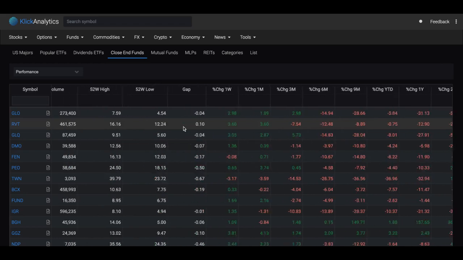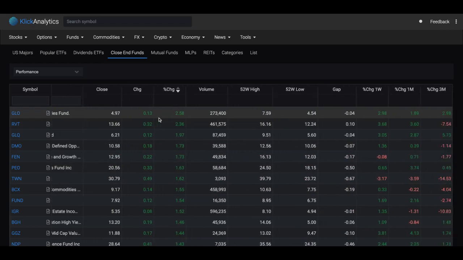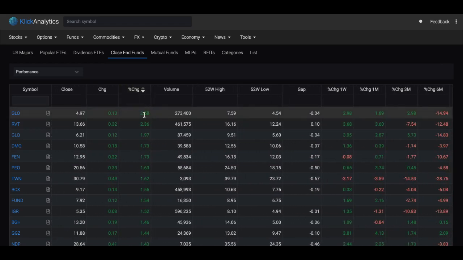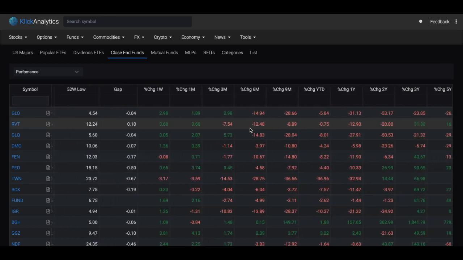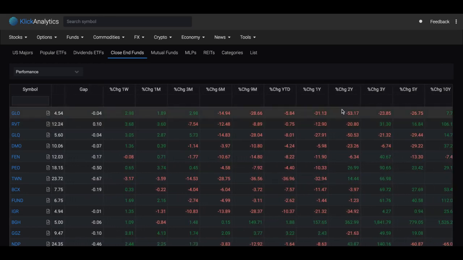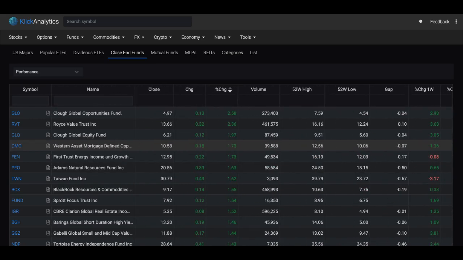So I can see that although this particular instrument is up, with a percentage change of about 2.58, I can also see its performance historically. Historically, 6 months, 9 months, year to date, 1 year or so is beaten down, negative. But then lately, in the last 3 months, its performance is going really well. This is all data and statistics that we gather for you as well. So if you want quick information pertaining to closed-end funds, you can look at this over here. And of course, you have a lot more ways to analyze this information, and more on Click and